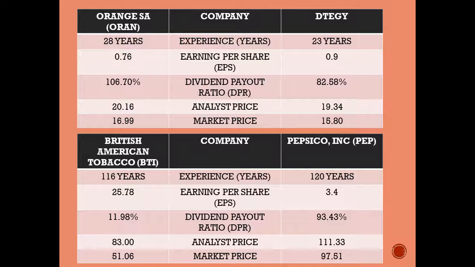But this is different with the dividend payout ratio. PepsiCo have 93.43% dividend payout ratio compared to the British American Tobacco, which is only 11.98%. In terms of the price, which is analyst price and the market price, PepsiCo have high analyst price with